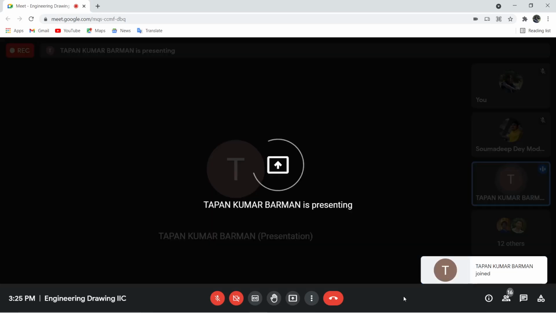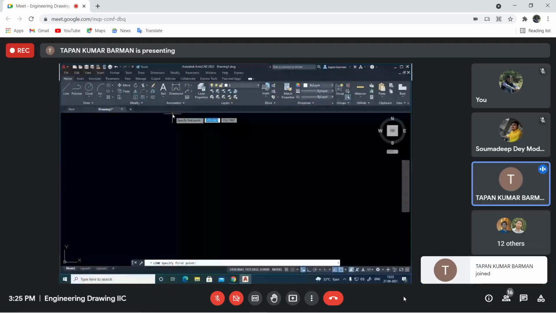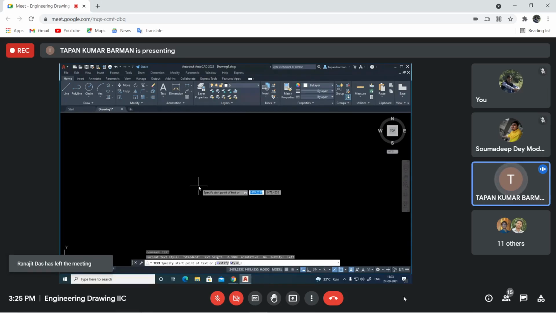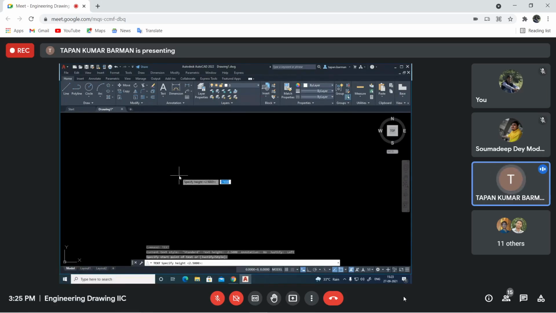Okay. Now, how to write text in AutoCAD? So here is already written text, multi-line text, single line text. Also, you can type txt, text. Specify start point of the text. Say this is my start point. Specify height of the text. Say 5 is my height.